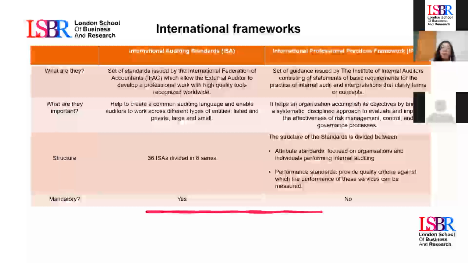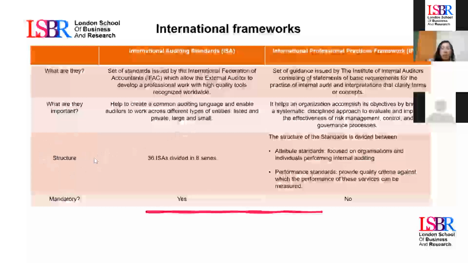So if the external auditors use the same standards, they can compare the work of the external auditors. But yes, basically international audit standards are professional standards to do a professional work.